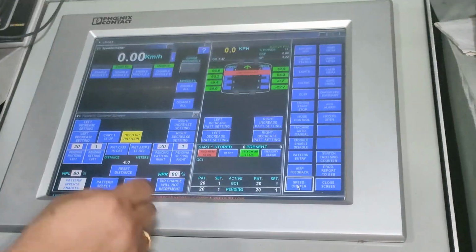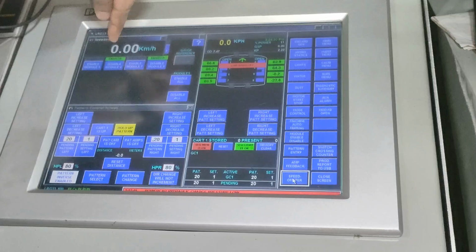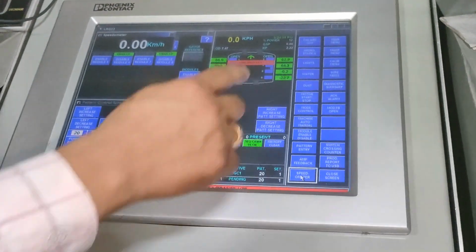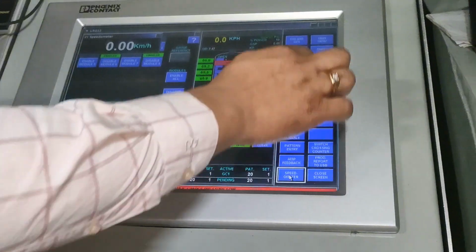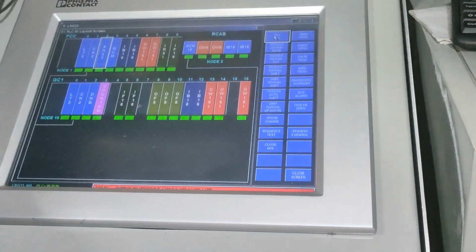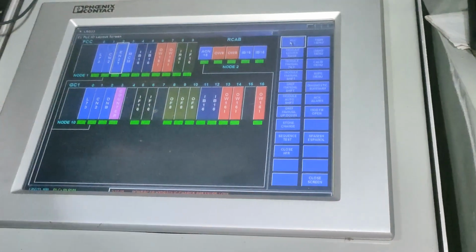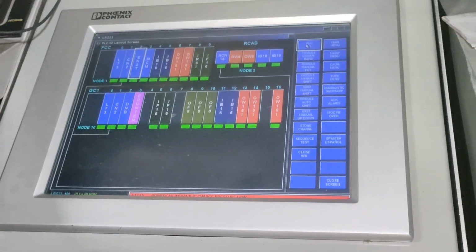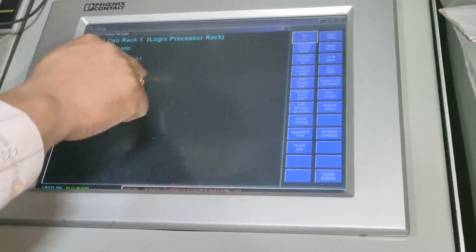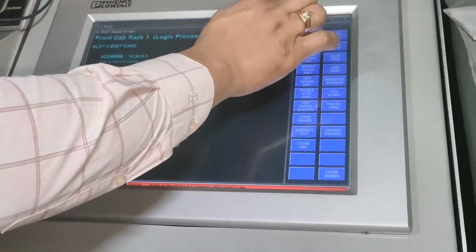Then there is a speedometer, so there is a screen speedometer. This is coming over here also, this is coming over here also. Clear or not clear? So similar thing over here also. And then coming on to the maintenance menu. So PLC input output cards I have shown in the class. You can see all our cards are in green. That means everything is okay. For example, I have to check this card, I open. So this will tell you which card this is for. Understood? Not understood? Understood, sir.